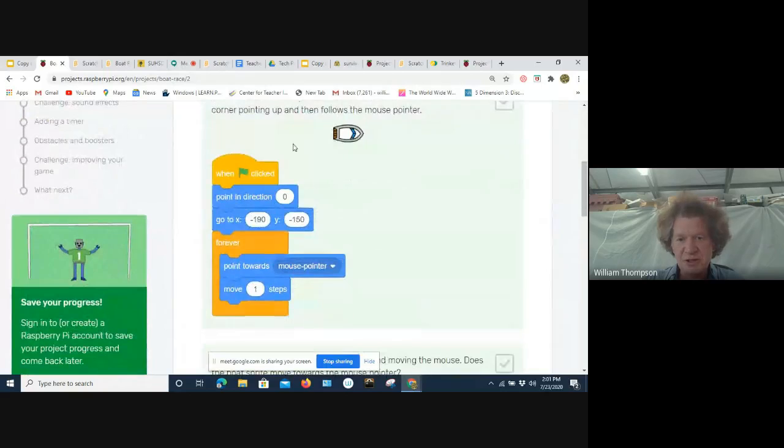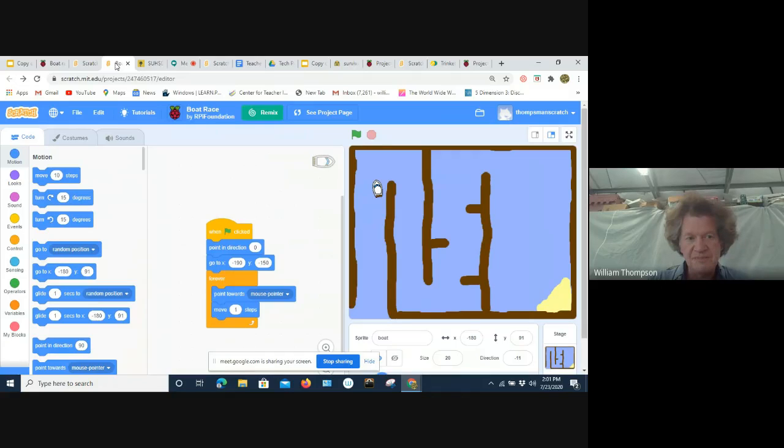On the first page, they have right here the code that you're going to be creating to start with, because I want to train everybody to be self-reliant and be able to do this on their own. But then also here it is on the Scratch website with my actual code.